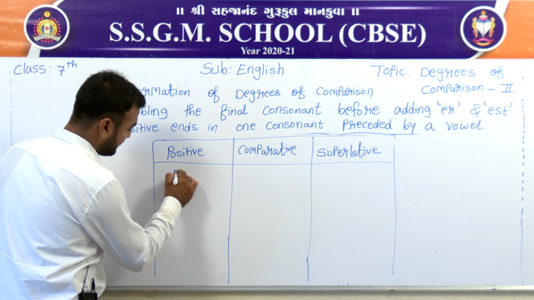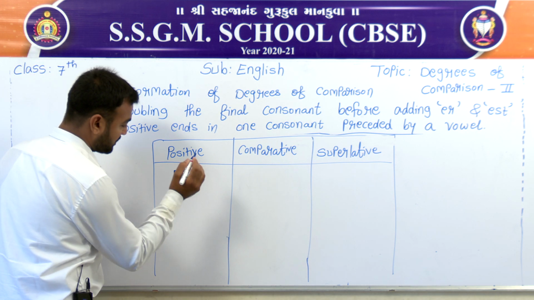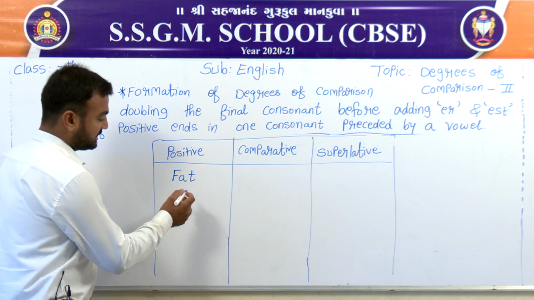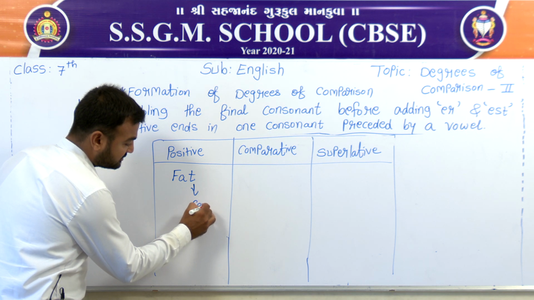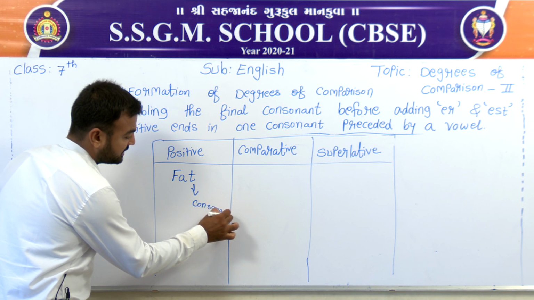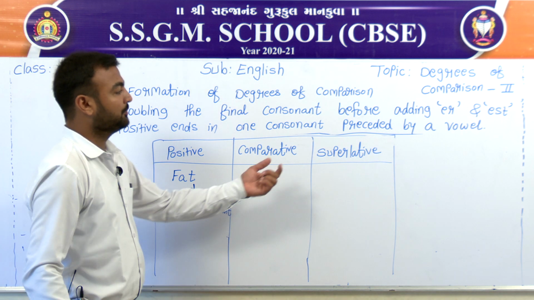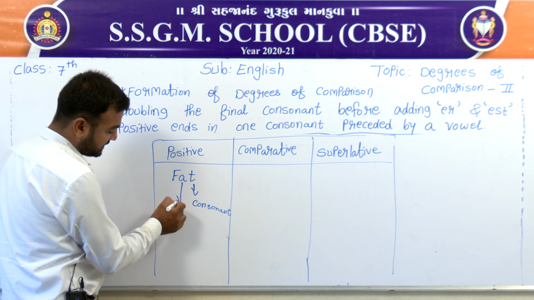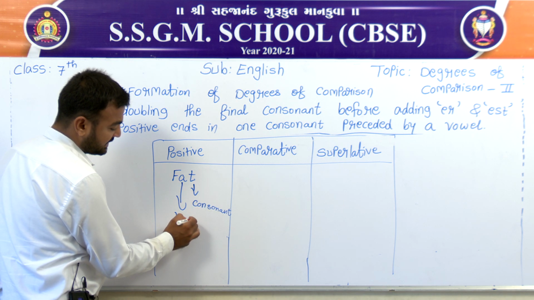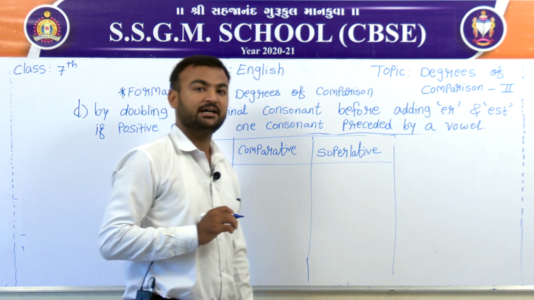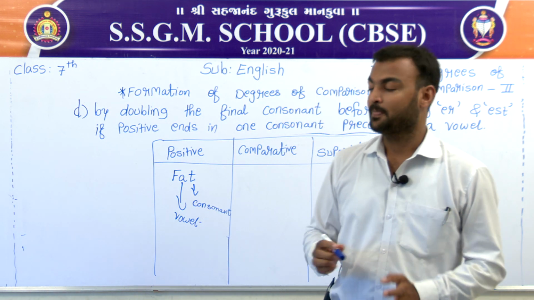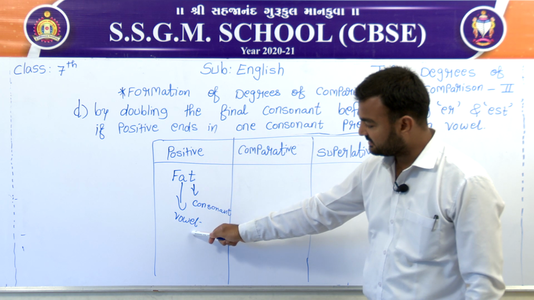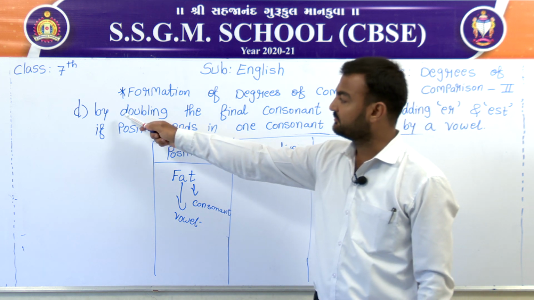Let's say FAT. Okay. So positive ends in one consonant. So over here T is a consonant, right? So over here positive ends in one consonant preceded by a vowel. Preceded letter means the letter in front of it, that means it is a vowel. We know that there are 5 vowels: A, E, I, O, U. Over here A is a vowel, yes, we know that. And positive ends in one consonant preceded by a vowel, at that point of time we have to double